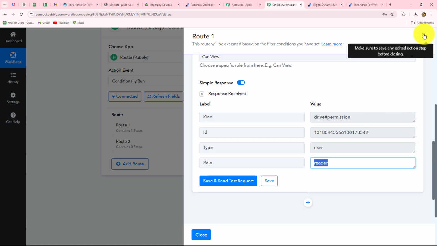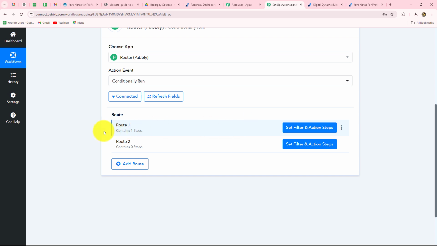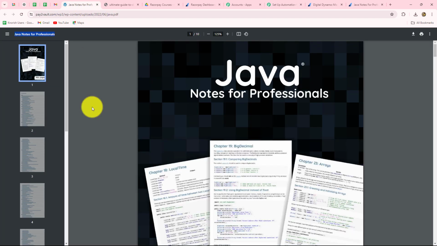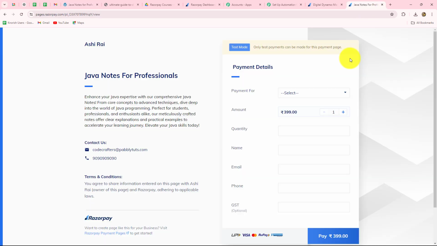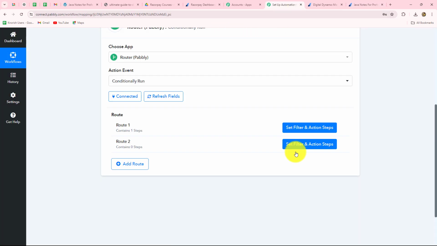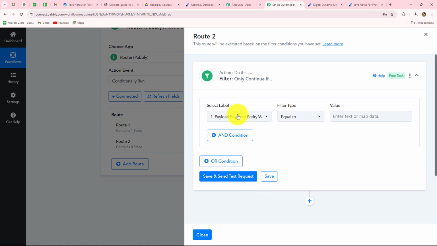Here I'm going to simply cross this route. We have completely set up the first route. Now we will move forward towards the next one. The next route will be for Java Notes for Professional. So in that condition, when the person is going to make a purchase of Java Notes for Professional by making the payment for 399, then we want to provide the access for Java Notes for Professional from Google Drive. So here we'll simply move towards our second route, and this time we have to set the condition that